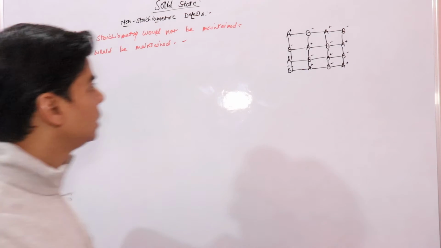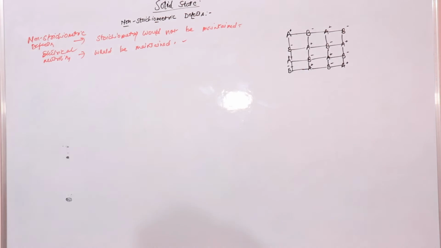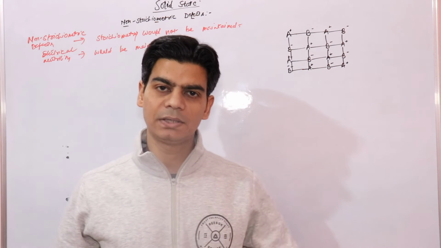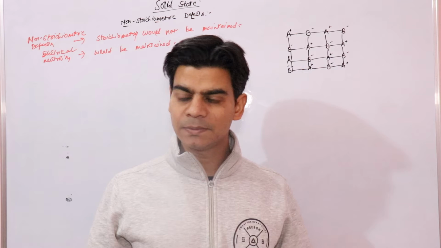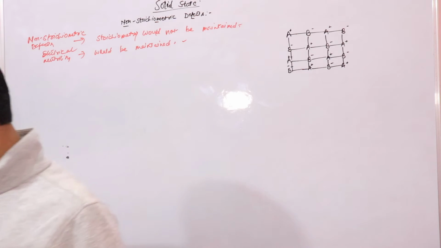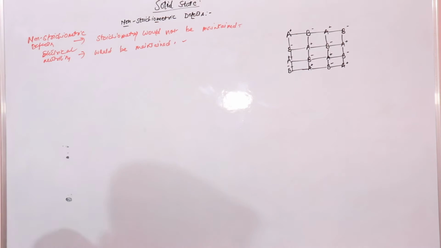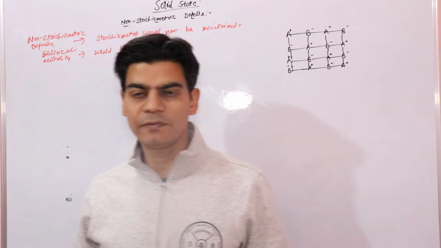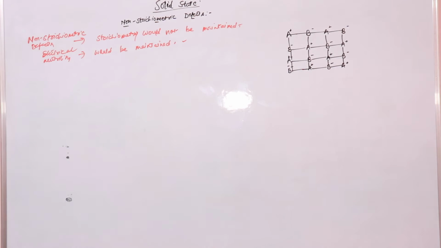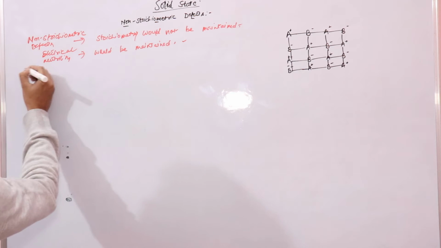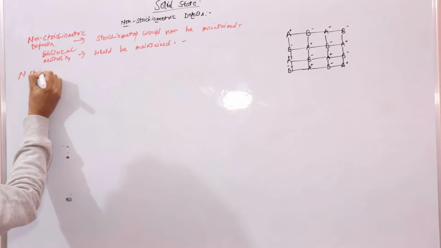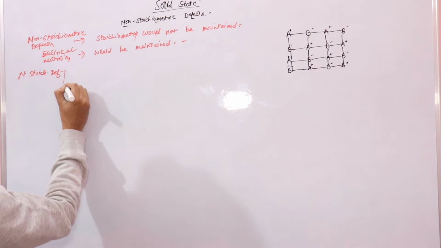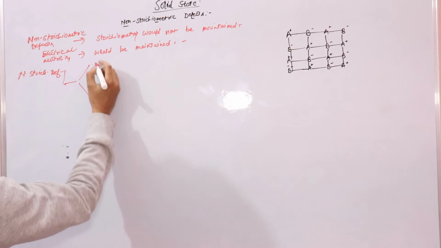these non-stoichiometric defects. Now non-stoichiometric defects are of two types. The first is metal excess defect, and the second type of defect is what we call metal deficiency defects. Metal excess defects and metal deficiency defects. So these non-stoichiometric defects would be of two types, right? First is your